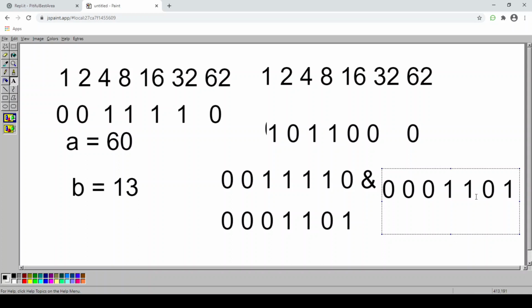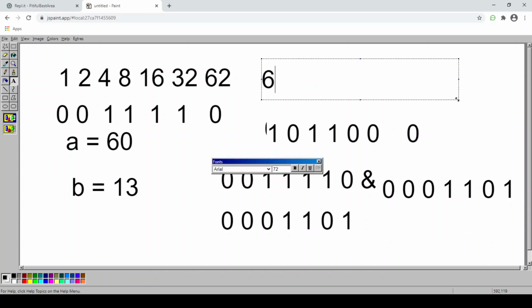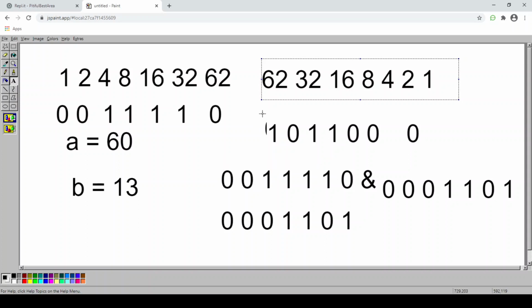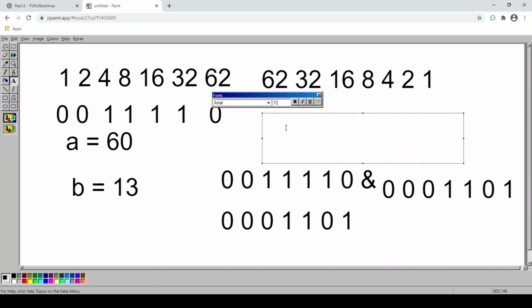Now we are going to compare this with this value. As I said before, I am going to reverse this number, starting from 64, 32, 16, 8, 4, 2 and 1. Now we apply these numbers to the corresponding bits and find which number we have. For 64 we have 0, 32 also 0, for 16 also 0, for 8 we got 1, for 4 we got 1, for 2 we got 0, and for 1 we got 1.